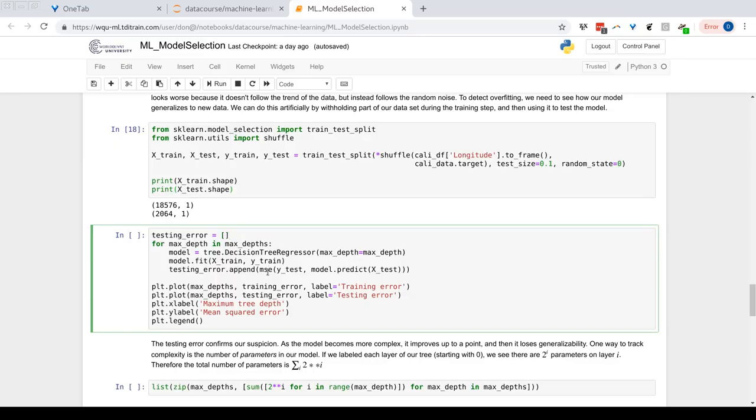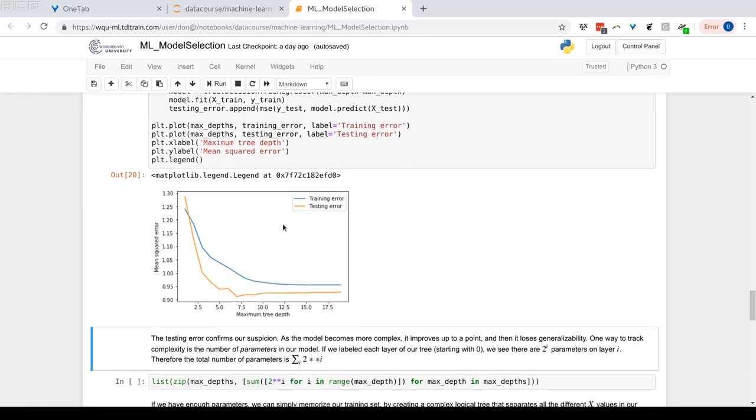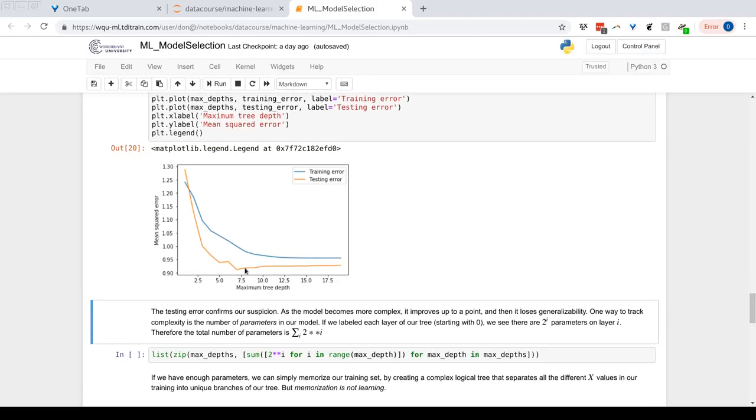We're going to create our for loop, investigating different max depths. So we train the model on the training set, and we calculate the error on the test set. I'm going to plot the results, along with our previous training error. So we see here that same behavior. As we increase the max depth, the training error is going to decrease. We understand that we cannot use that as a guide to figure out what's a good max depth value to use. But if you look at our testing error, we see that there's a minimum value, looks like around 7 that occurred here, around 7. So our test error starts to drop, and after a while, around 7, it starts to